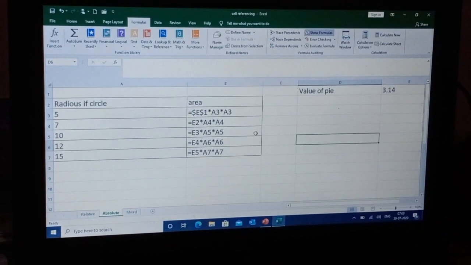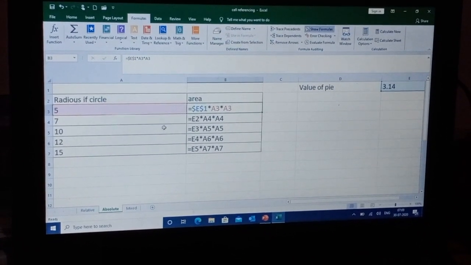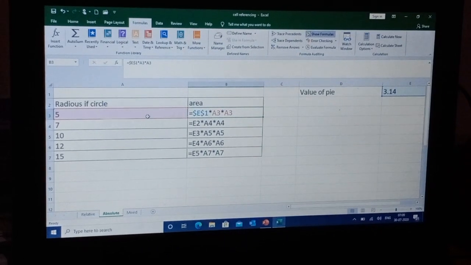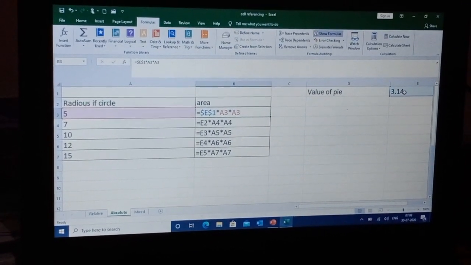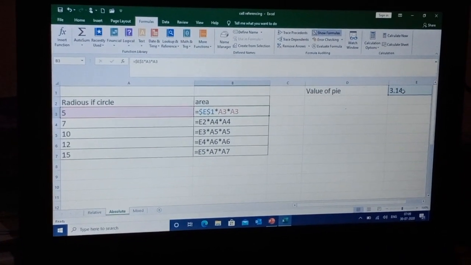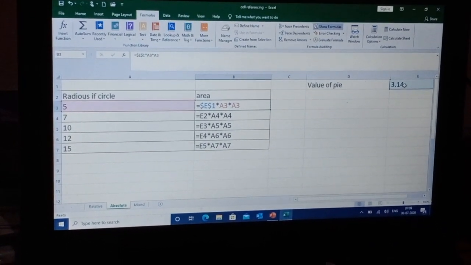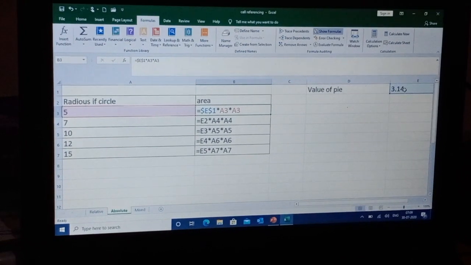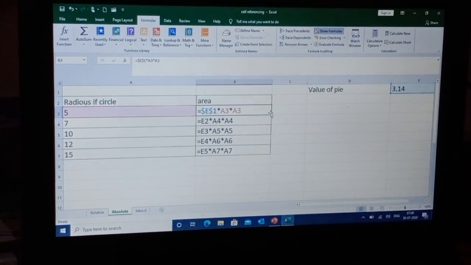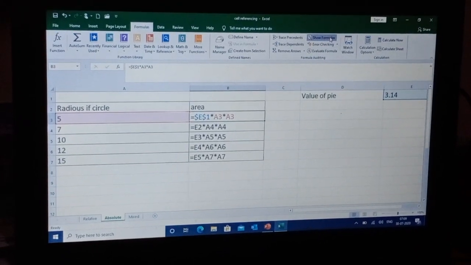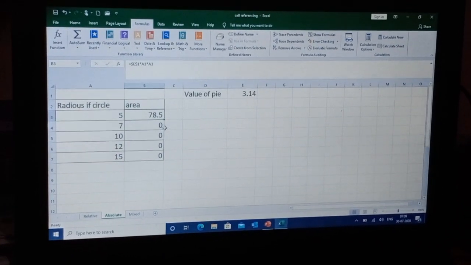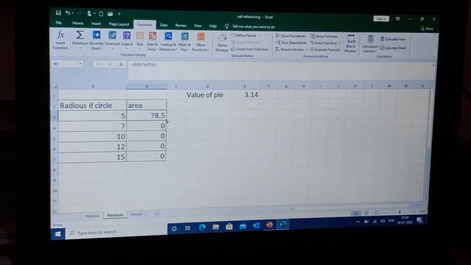You can observe this formula. I have not used a dollar sign for the radius of the circle. The cell which I want to keep fixed in each formula, I have given that cell address along with the dollar sign, and then I will get the value. I'll remove Show Formulas. Now I will click and drag.